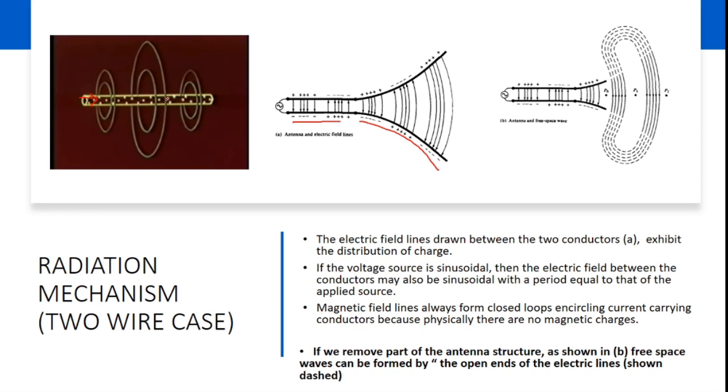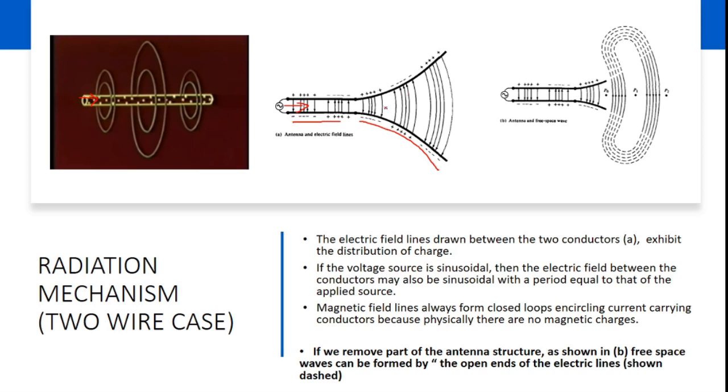Magnetic lines physically do not exist, but when current carrying conductors are present, because of the movement of charges through the conductor, magnetic lines of force will be created in the form of loops around the current carrying conductors. That is the mechanism that we will be following in the transmission lines and in two-wire cases. So when we have a source here and electric charges are moving because of this source, this movement of charges creates a magnetic line that encircles this given conductor, right? So this is what we consider about electric lines.